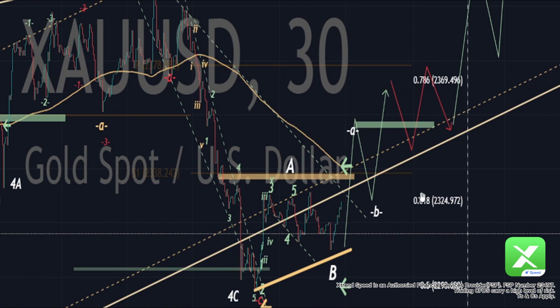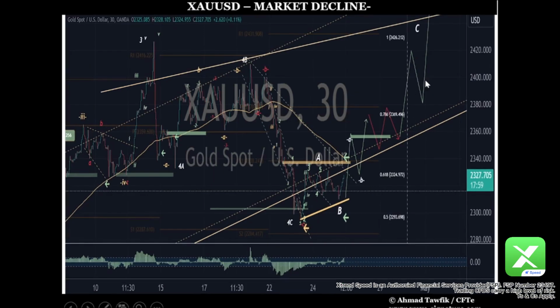This is going to extend until the market is set how the Federal Reserve will really be treating inflation. Are they going to be set on a continuation path of the current monetary policies, or are they going to deviate or maybe introduce new measures? We're going to have an A, we're going to have a B, and that B is going to be 1, 2, 3. It's going to be quite extensive before we have a breakout to the upside. And that's what we should be seeing right now when we go live.